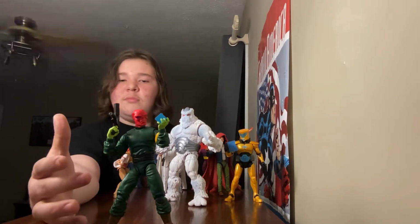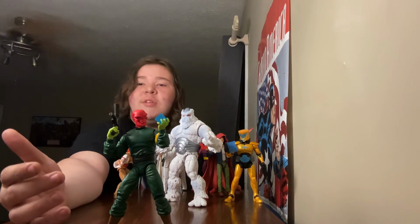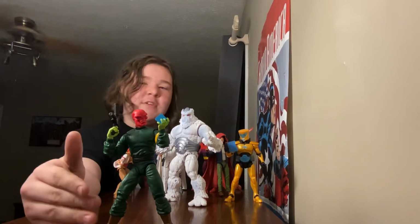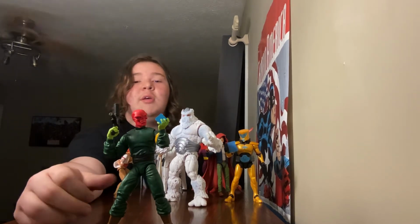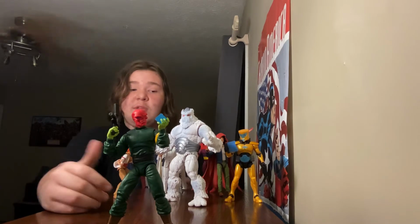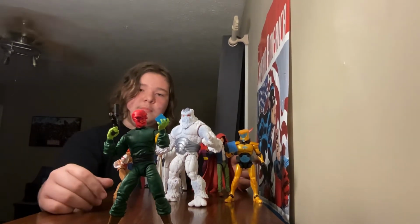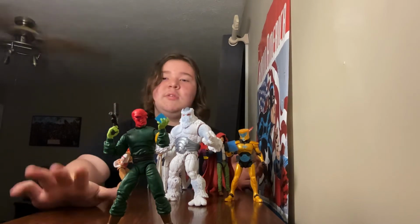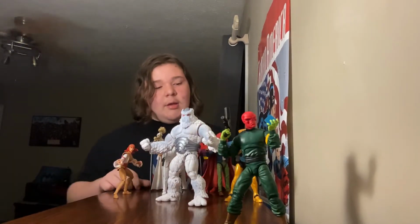Parts of him are kind of bland, and he's not that cool design-wise. But the amount of accessories and his posability being so good, and personally, I have a better affinity with him than most of these other characters. So he is my number one favorite choice. Number two,